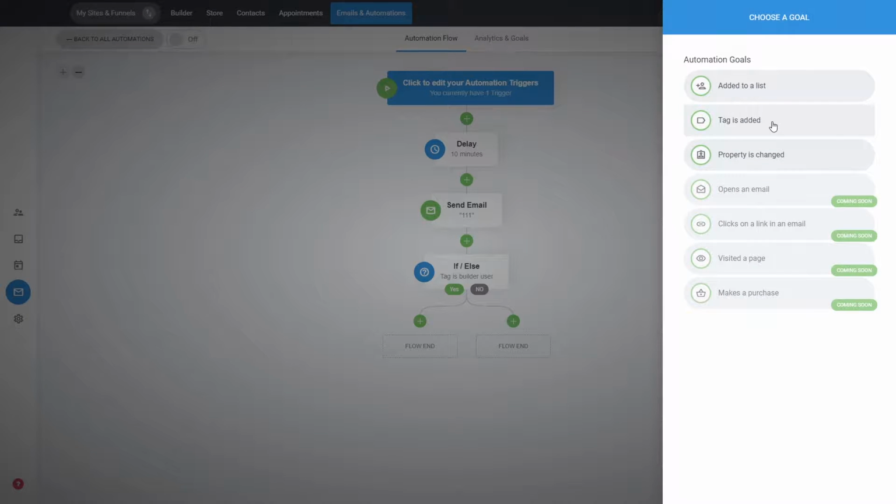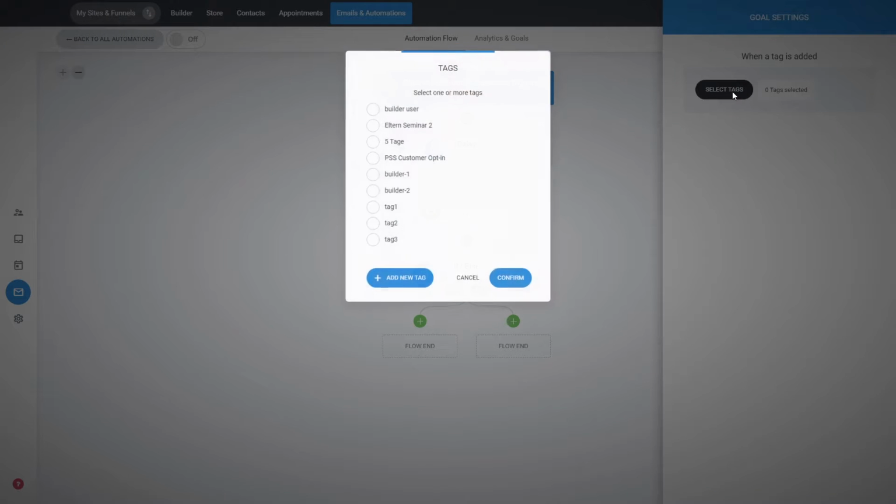Let's say when a tag is being added. So for example, your idea of the flow is a person to purchase a product. So you send them emails and different things to encourage them to purchase a specific product. So in the checkout that you create, you can just add a tag. Whenever somebody checks out and makes a purchase in the checkout, you can tag them with a specific unique tag. And here you can add, when somebody has the tag, let's say